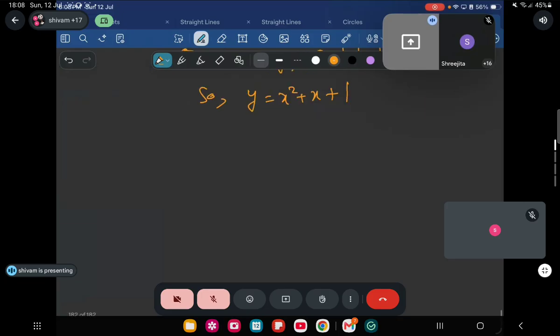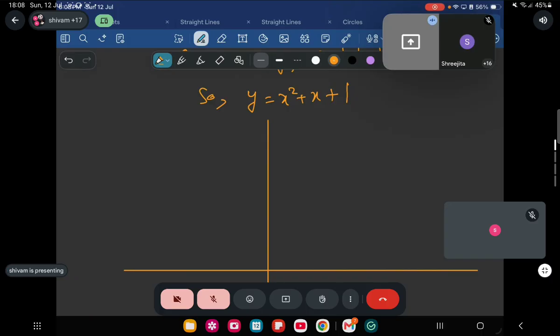So tell me Trina, does this equation have any root? What do you think by looking at it? Does this equation have any root? Means x square plus x plus 1, will it ever cross the x axis? Yes or no? Why do you think so, that it never crosses the x axis or touches the x axis? Because